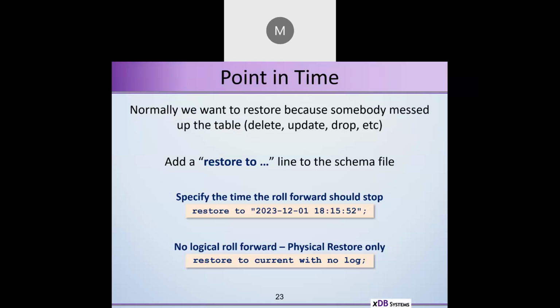Now, there may also be times where we do not want the roll forward to happen. We just want to say, okay, it's all very nice, but I only want the stuff from the last level 0 backup. We can tell archecker to do that with this line, restore to current with no log, essentially saying just restore from the level 0 and don't try